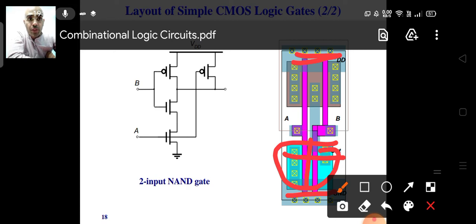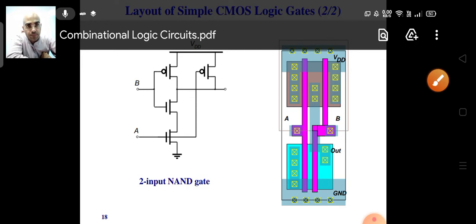The lower one is your NMOS and the upper one is your PMOS, and if you match it, you will find that it is your NAND gate. We don't have to understand this layout, because once you understand the stick diagram, you just have to remember the rules, and the software you can use. We don't have to draw it manually. I don't expect you to draw the layout manually, but I expect you to draw the stick diagram manually. So we'll try to understand that.